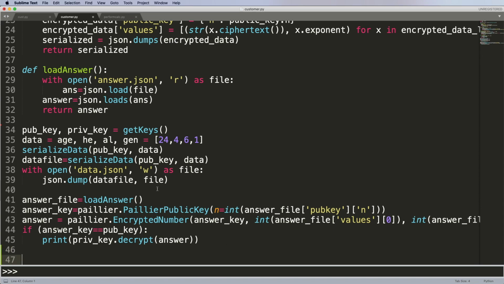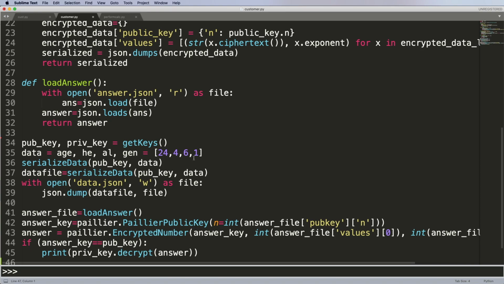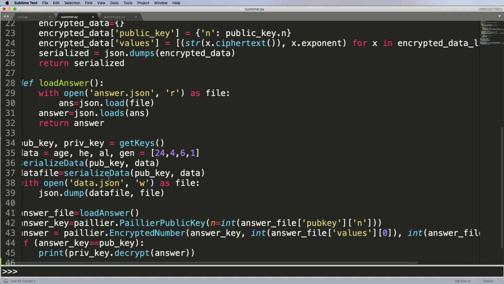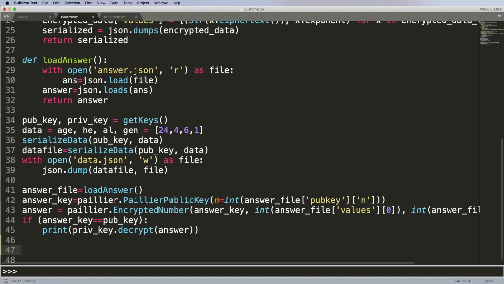So before we print it, again, remember, this was the original data, the 2461. I don't have the scalars here that were from the machine learning model, because that came from the company that I sent my data to. I got back an answer, and now I'm going to see whether this answer is going to give me some kind of a result. So let's go ahead and run this.